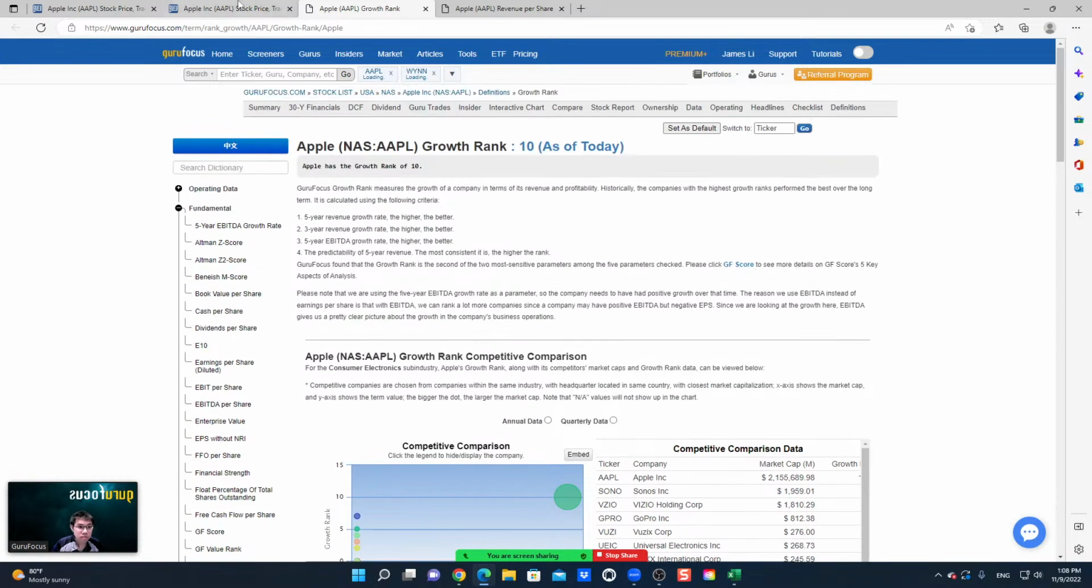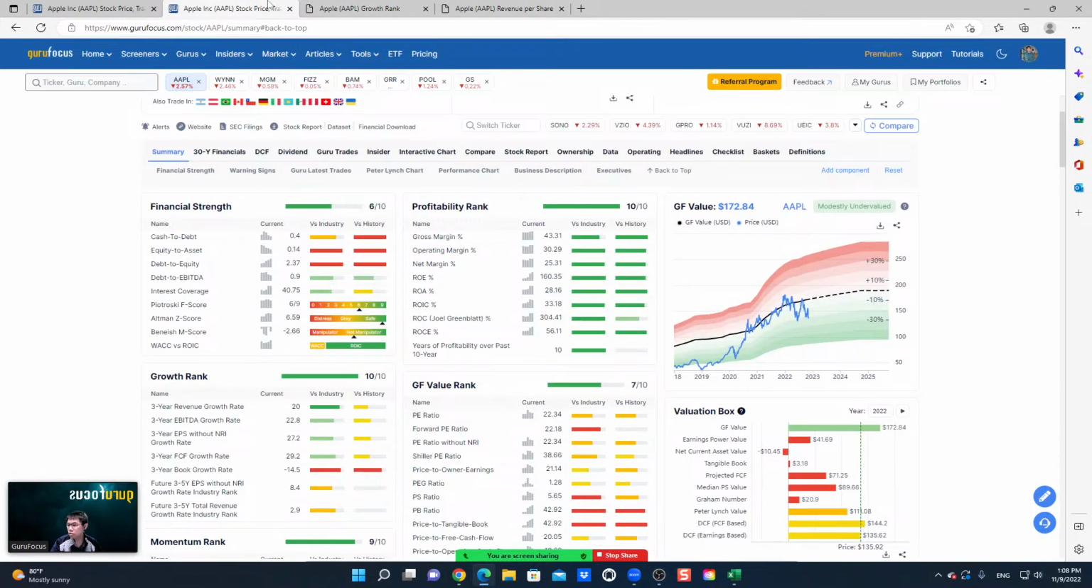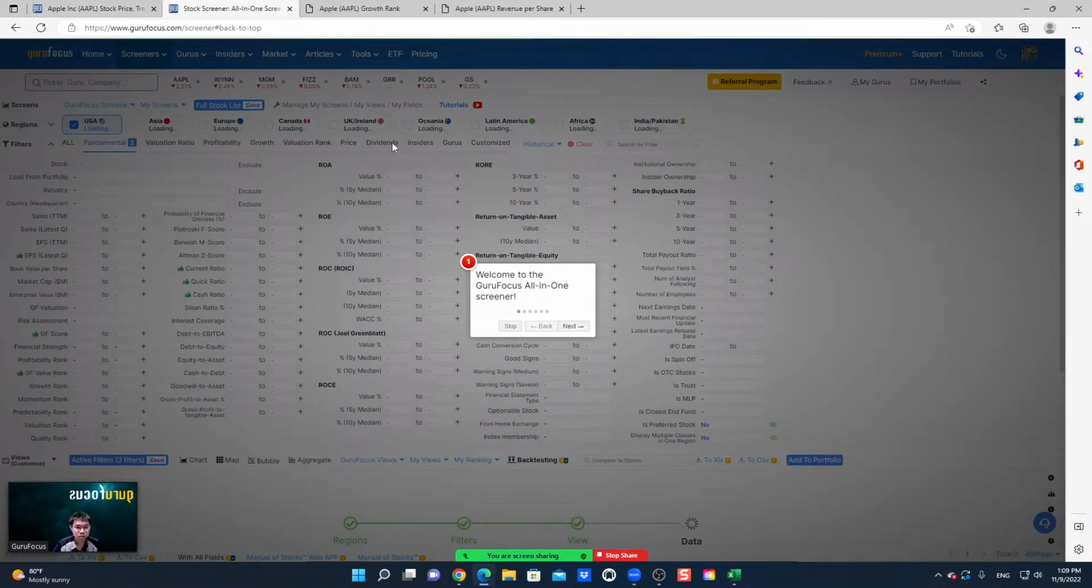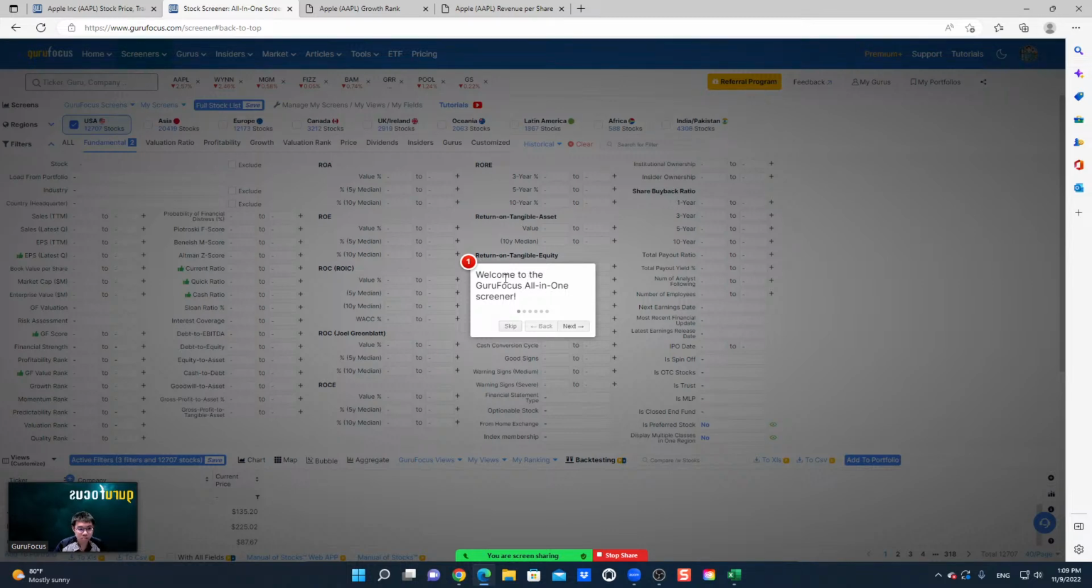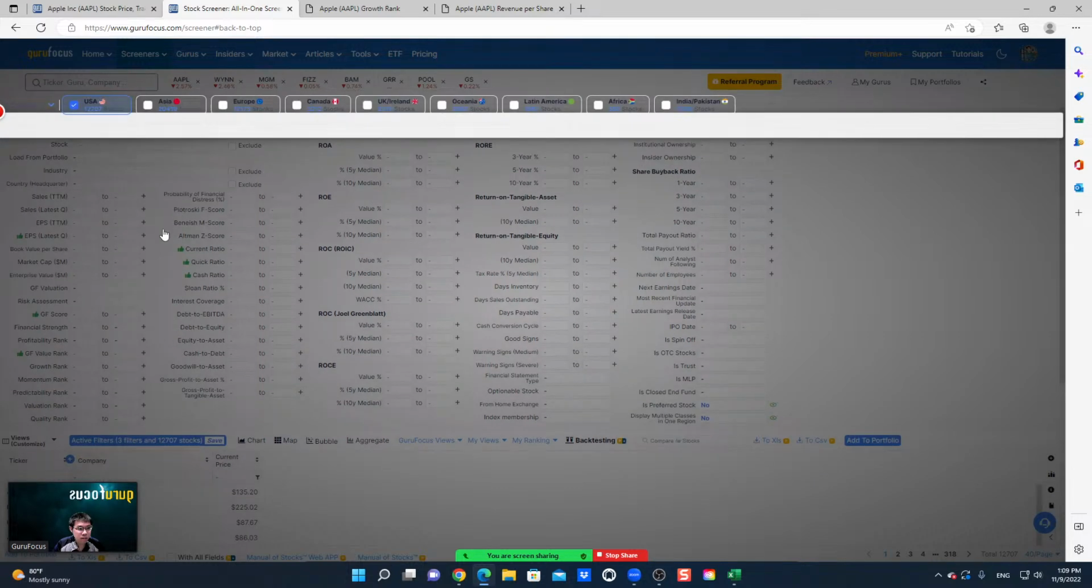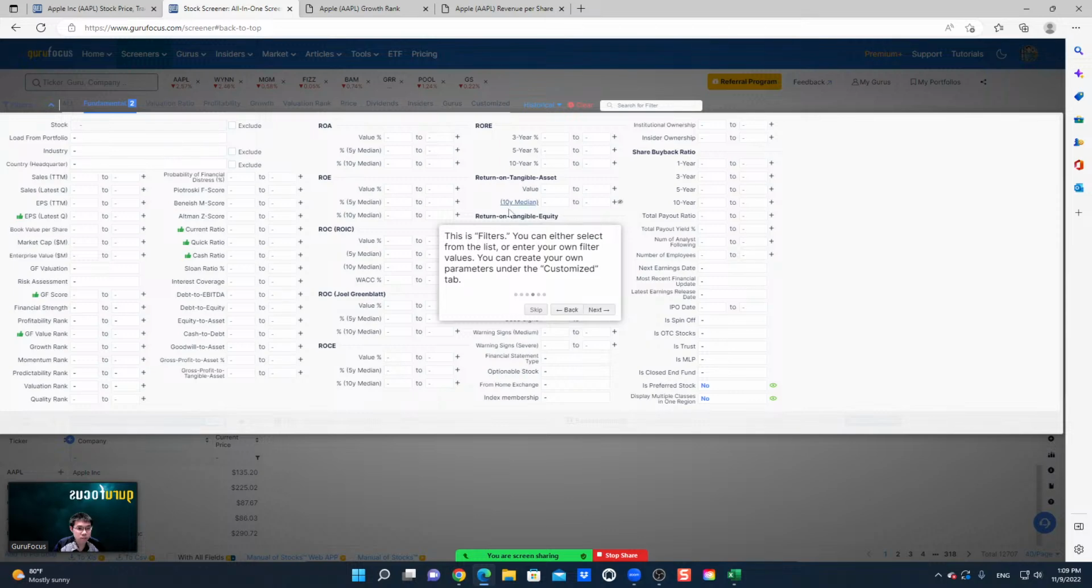Okay, and then back to the all-in-one screeners. One of our key features on the website is the all-in-one screener. Sometimes it'll give you a little tutorial that gives you some key things about how to use the screener. There's the screen section, the regions, and the filters section,